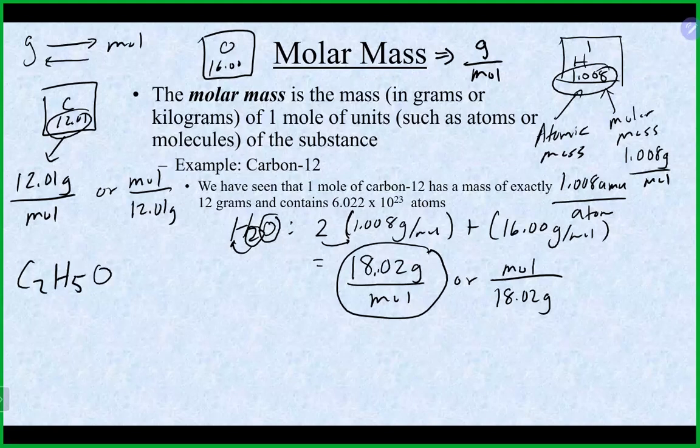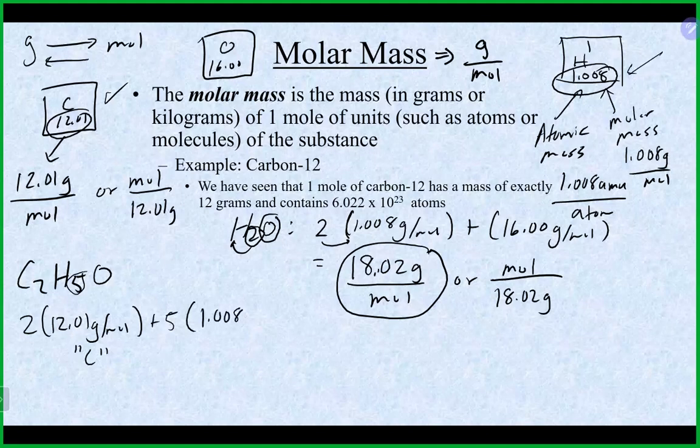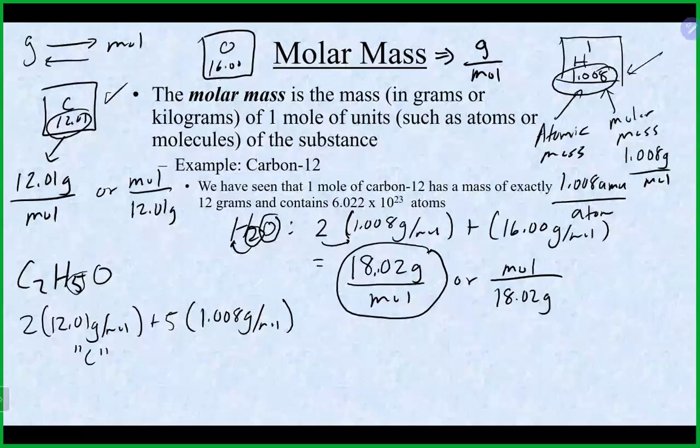We would go to the periodic table, find carbon, and take 2 times the molar mass of carbon, which is 12.01. We would then add 5 times the molar mass of hydrogen from the periodic table, 1.008 grams per mole. And we would add it to our 1 oxygen, which is 16